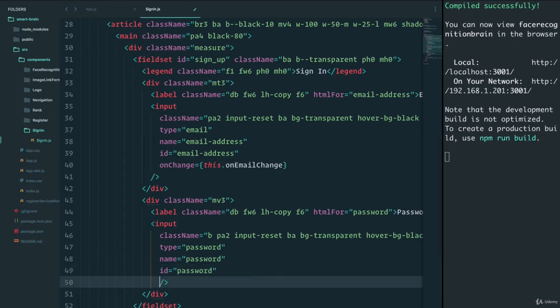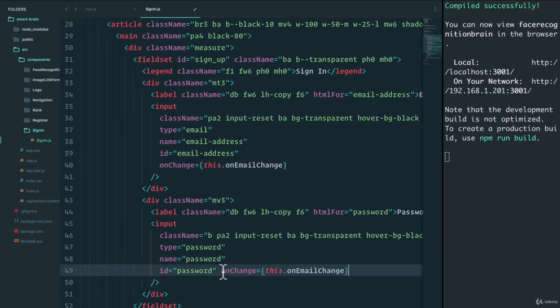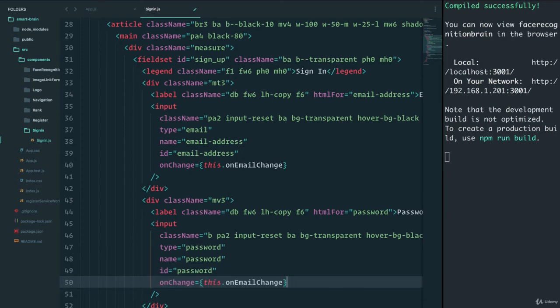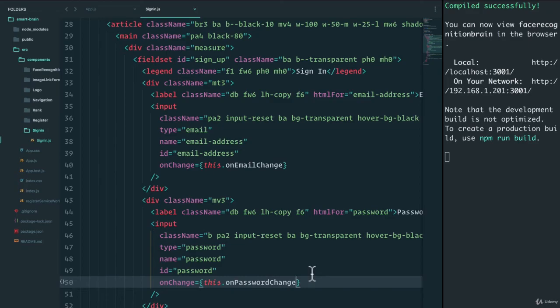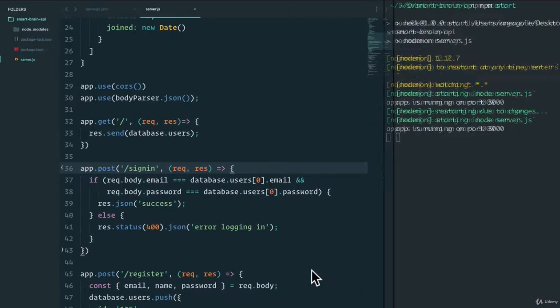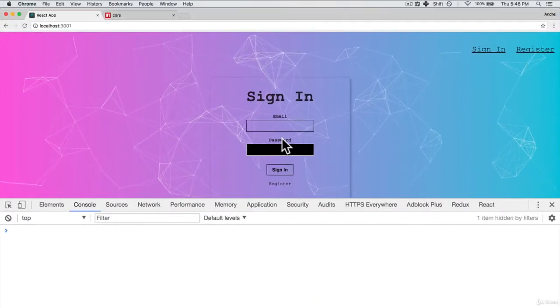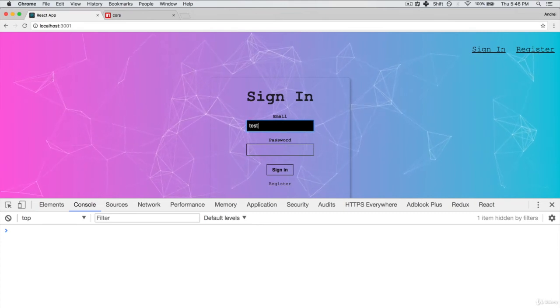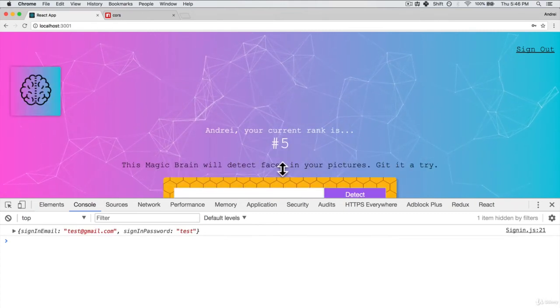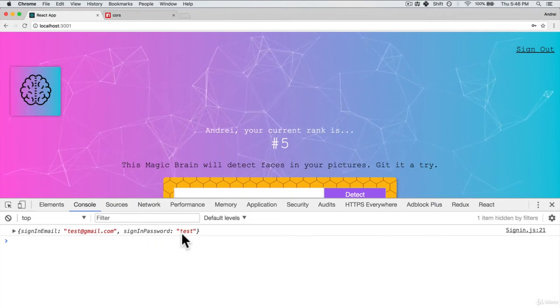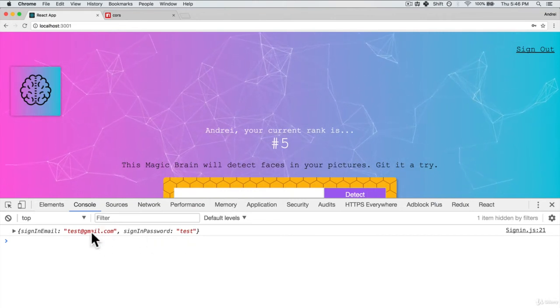will have a similar thing, except instead of having onEmailChange, we'll have onPasswordChange. Let's try that out again. Test@gmail.com, test, sign in. All right, we have this information, which is great. Now we can send this